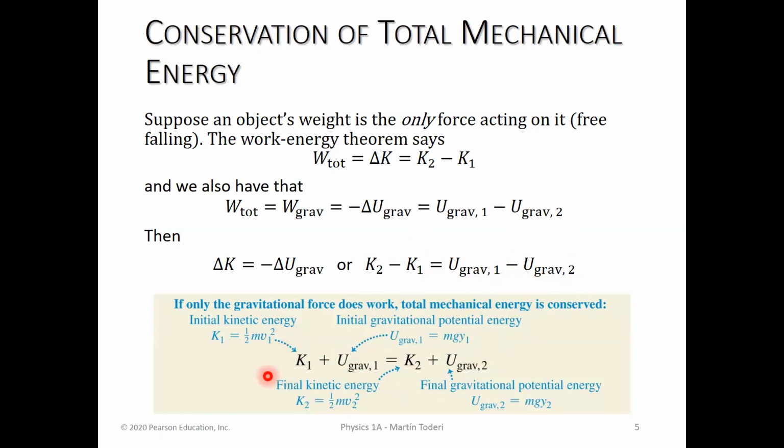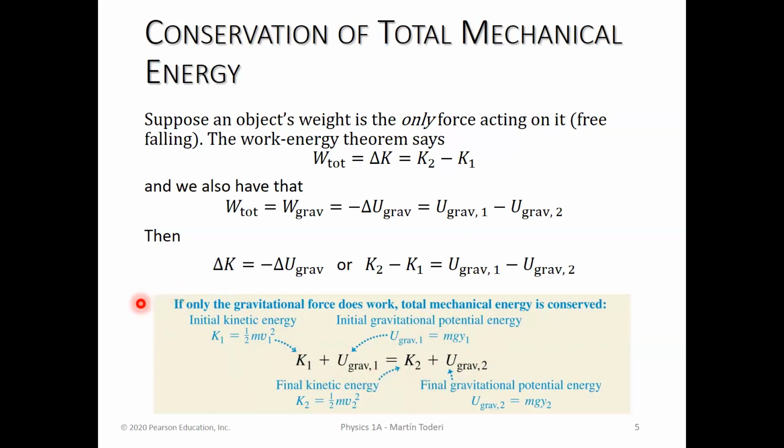Okay, so here we have the kinetic energy at point 1 plus the potential energy at point 1 equals kinetic energy at point 2 plus the gravitational potential energy. Let me just call it potential energy for the sake of not repeating so much, but yes, it's gravitational, right? The potential energy at point 2. So we have an expression of the sum of the energies, which is invariant between point 1 and